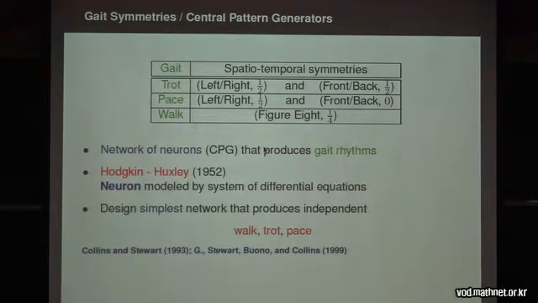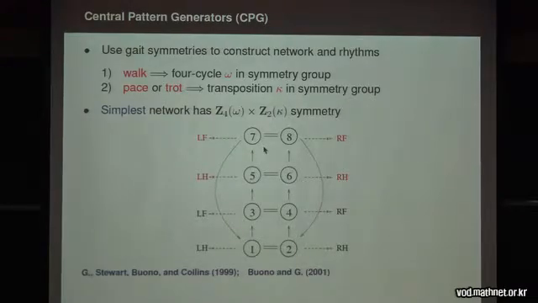And then I got involved with a student, Luciano Buono, and we asked this question: what's the simplest network architecture that will produce periodic solutions with rhythms of walk, trot, and pace? And this is not obvious at all, though I can justify it a little bit: there is this 8-node network, which is 2 rings of cells with bilateral coupling. So you have 2 symmetries. One is to swap left and right. It's a permutation symmetry. And the other, which I'll call kappa,